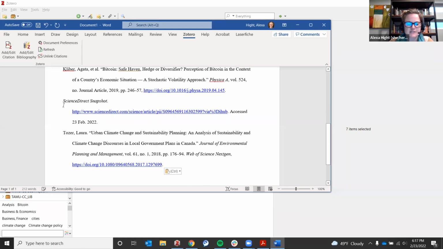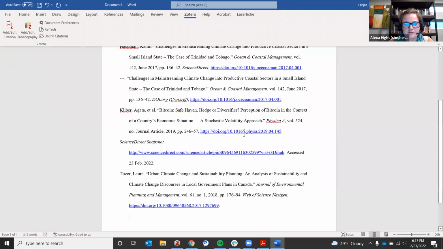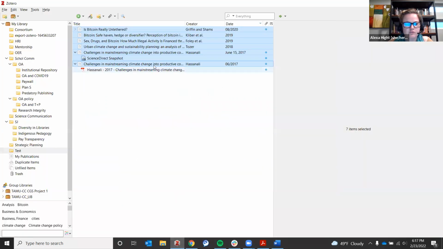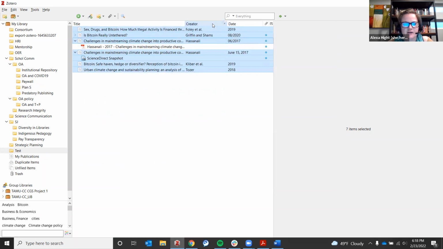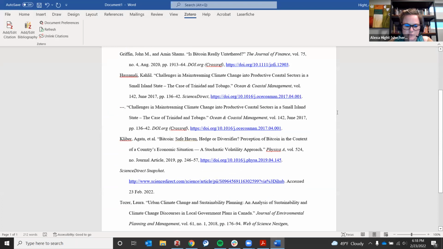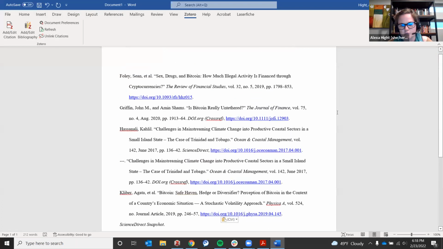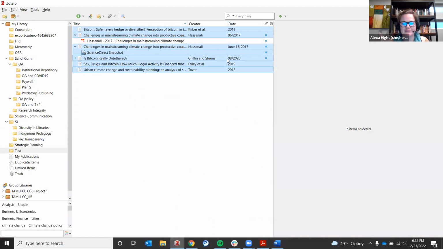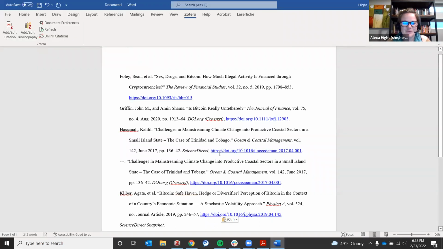and hit paste. And as you can see, it formatted them all correctly. In the Zotero folder, it will organize them. How does it organize them? It looks like it's organized by date because I have that selected, but I can organize it by creator or I can organize it by title. But when you create your bibliography, it will organize it by author's last name, which is how a bibliography should be organized, right? So however you have it in Zotero, which you might not even know, like me, it will do it correctly when you copy and paste it.